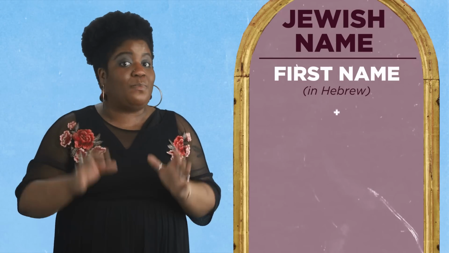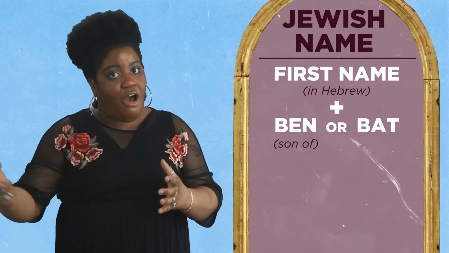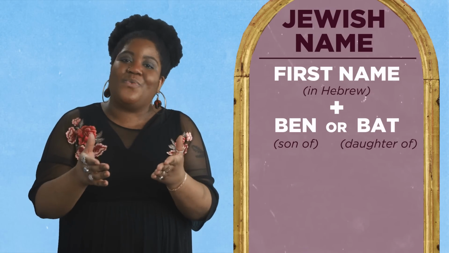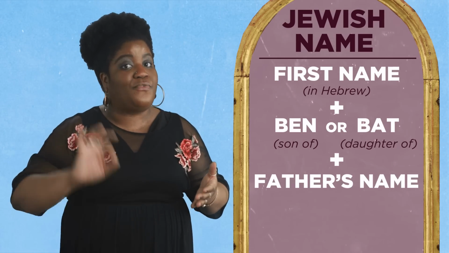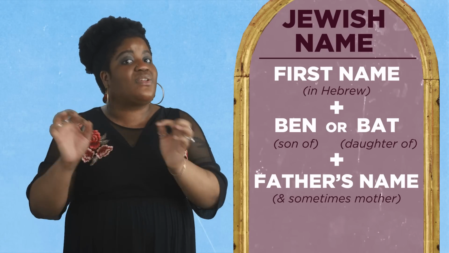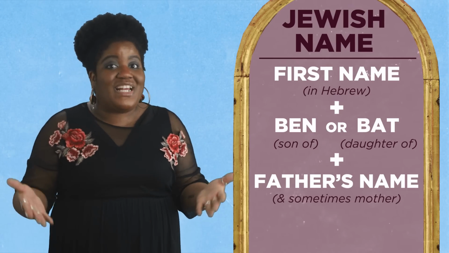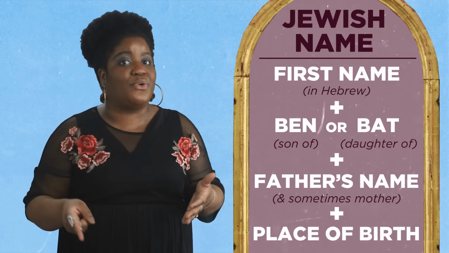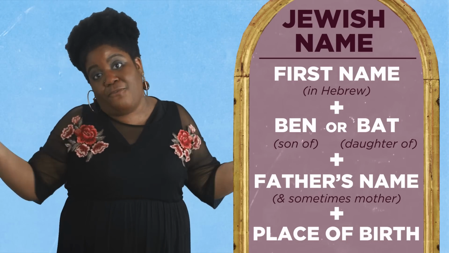Well, according to an op-ed piece in Newsday written by Rabbi Bart Ehrman, Hebrew naming practices don't favor last names, but rather take the form that demonstrates parental connections to a father or mother. Gelman notes, a Jewish name is your first name in Hebrew followed by a connecting word ben, which means son of, if you are male, or bat, which means daughter of, if you are female. These connecting words are followed by the first name in Hebrew of your father, and in some cases also the first name of your mother. He goes on to write that in some cases your place of birth or origin could also be added to the end of your name in Hebrew to help distinguish between people with the same name from different places.